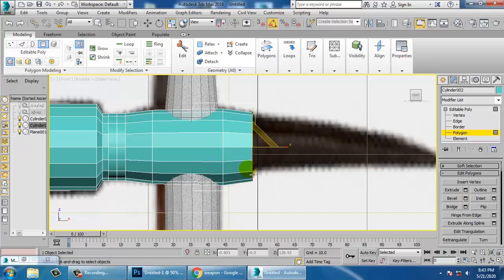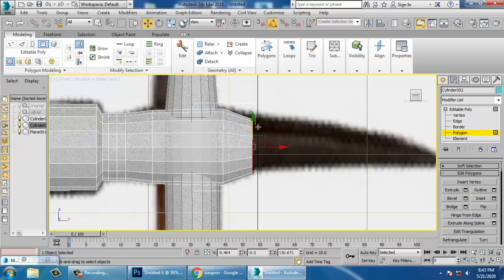If you want to use a bevel option, you can go with a bevel option, not a problem. So go with the bevel option.